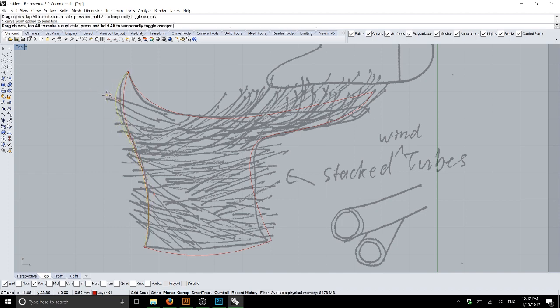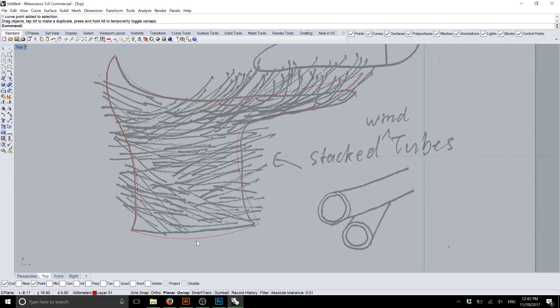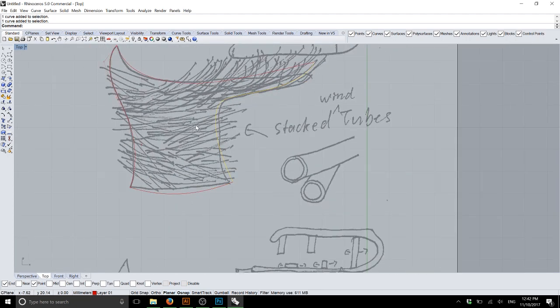Do you guys understand what I mean? What a traditional drawer would do is draw this guide down on a piece of paper, then put trace paper on top and draw the lines, and then take the guidelines out from underneath, and they'd have these hairlines in place, yeah? So the key thing here is if I